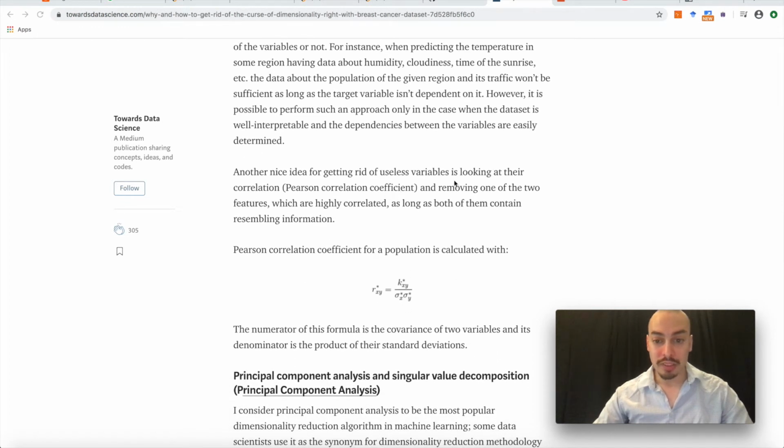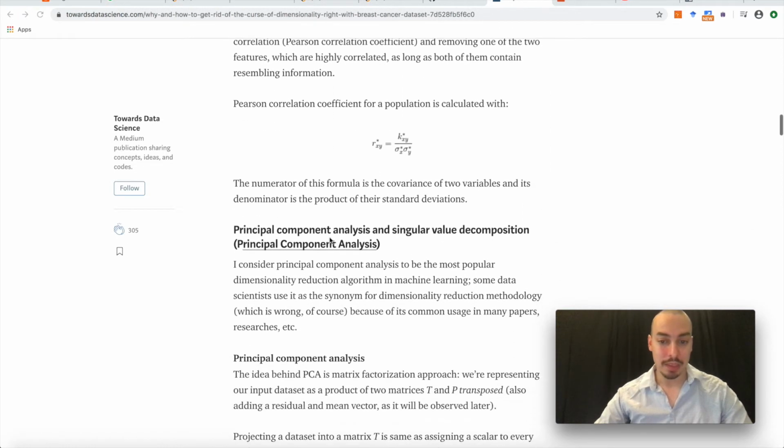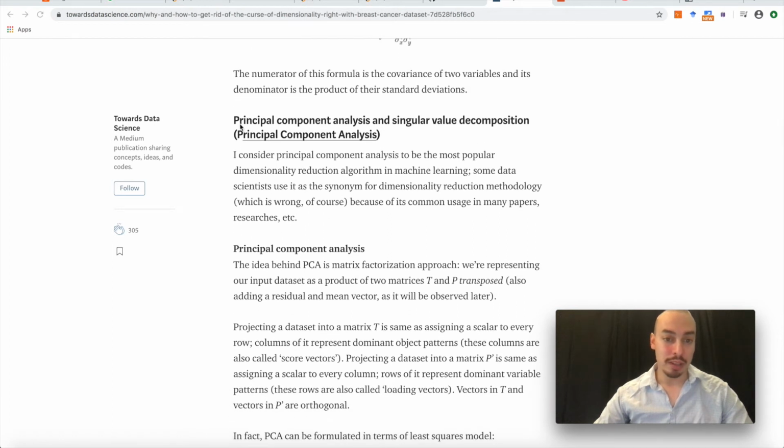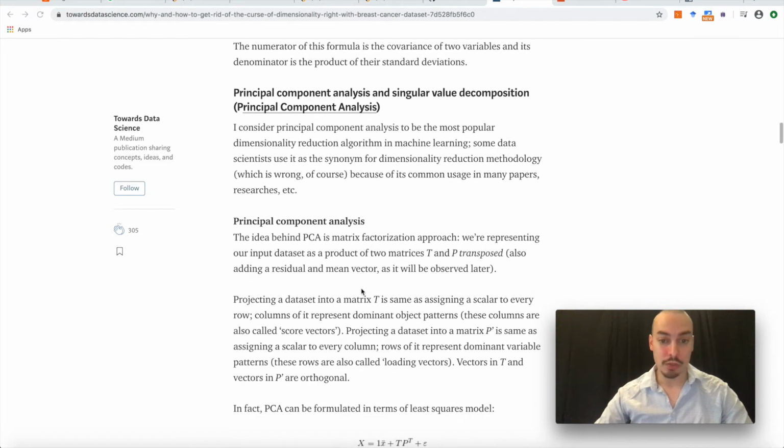You can get rid of useless variables here as well by looking at their correlation. Features that are highly correlated basically show the same signal across their dimensions. You might as well just choose one in order to reduce your overall dimensionality and help with your modeling and fitting later. A very popular other solution is using principal component analysis, which projects your data